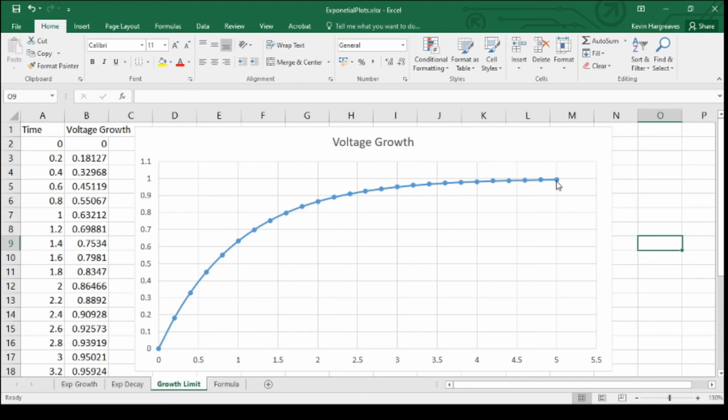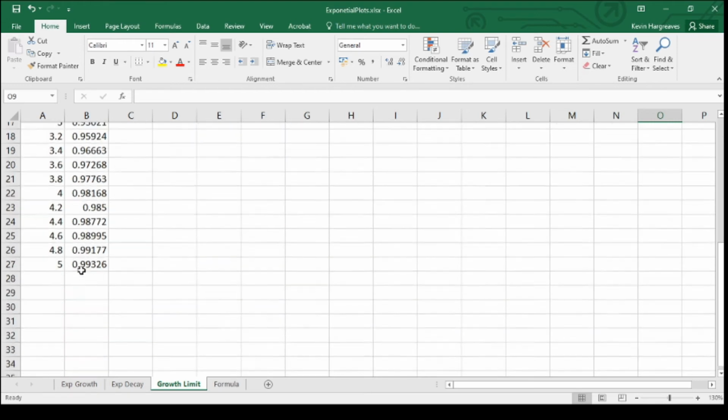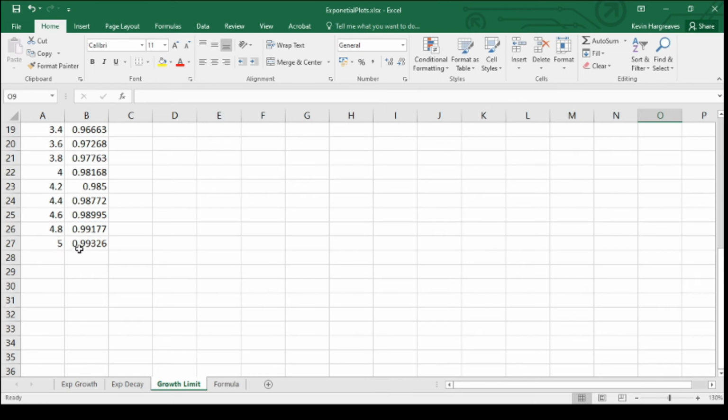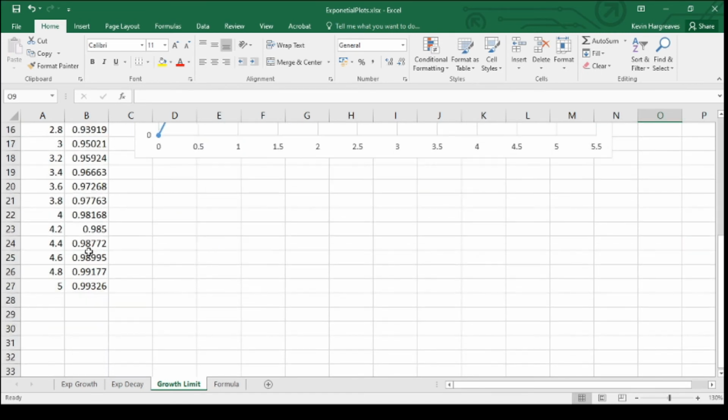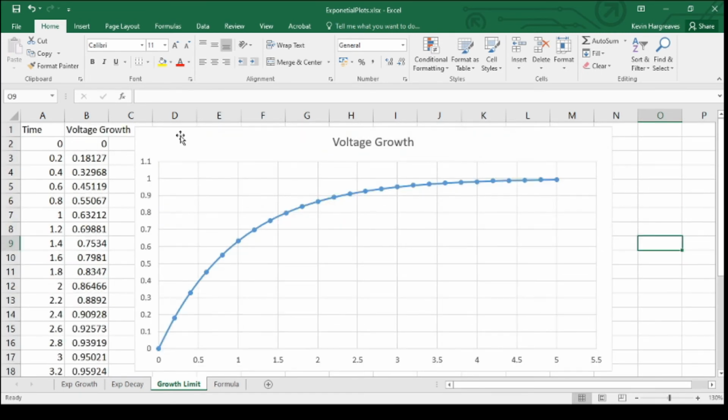And that's the best it can do. It heads towards 1. As I've said earlier, it never actually gets there, which is shown in our data. At 5 seconds, it's got to 0.99326. So that's why I picked 5, incidentally, because going back to our formula, this one,